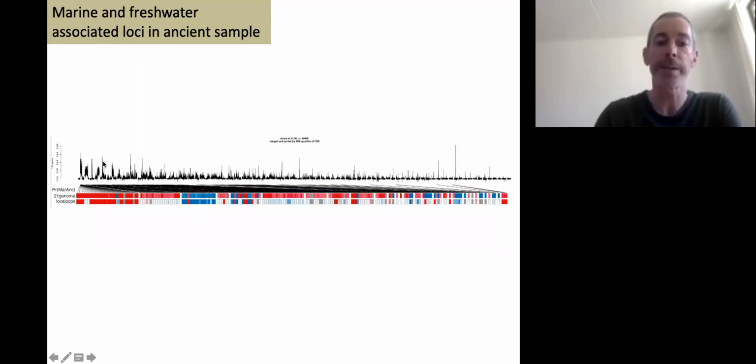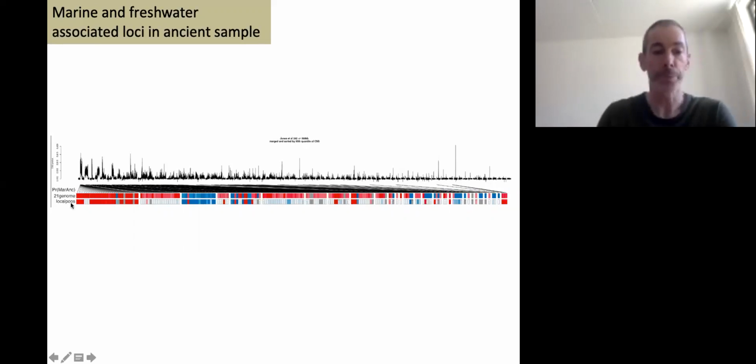Okay, what we wanted to do is compare the variation in freshwater and marine alleles in one of our ancient stickleback to see whether it matched up with what we found in our SLiM simulations. And so in particular, do the variables that we've identified as being important for which freshwater alleles rise to high frequency first, does that correspond? Now that's work that we're still doing. We should have that finished in July, and hopefully we'll have something posted on bioRxiv soon, and we'll get an updated video posted at some point too.